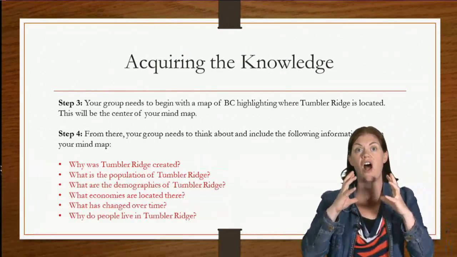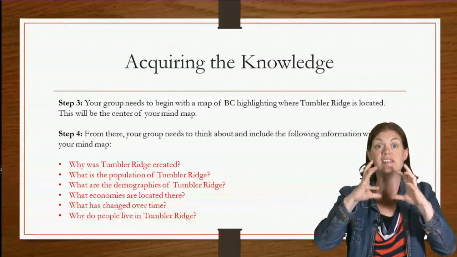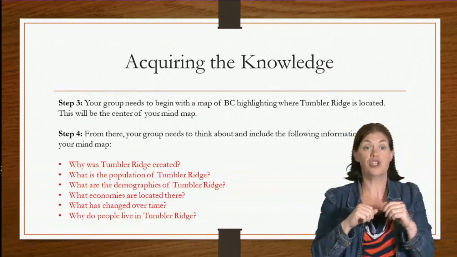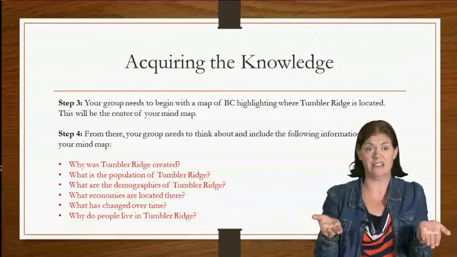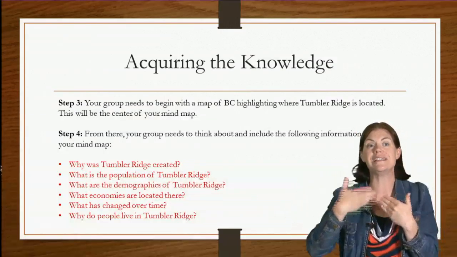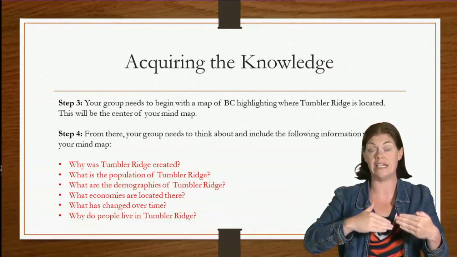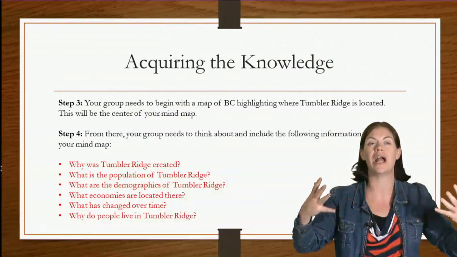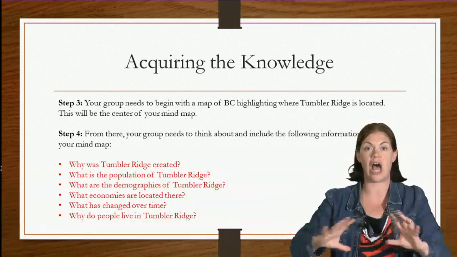So you want to start with that BC map, highlighting where Tumbler Ridge is located. That's going to be the center of your mind map. Now, you don't have to use the one from the course, but feel free, you can if you want to. Then from there, what your group needs to think about, and I did include this in the assignment so that you can go back and take a look at this as well, are the questions that are going to help guide you through that past, present, future kind of timeline of